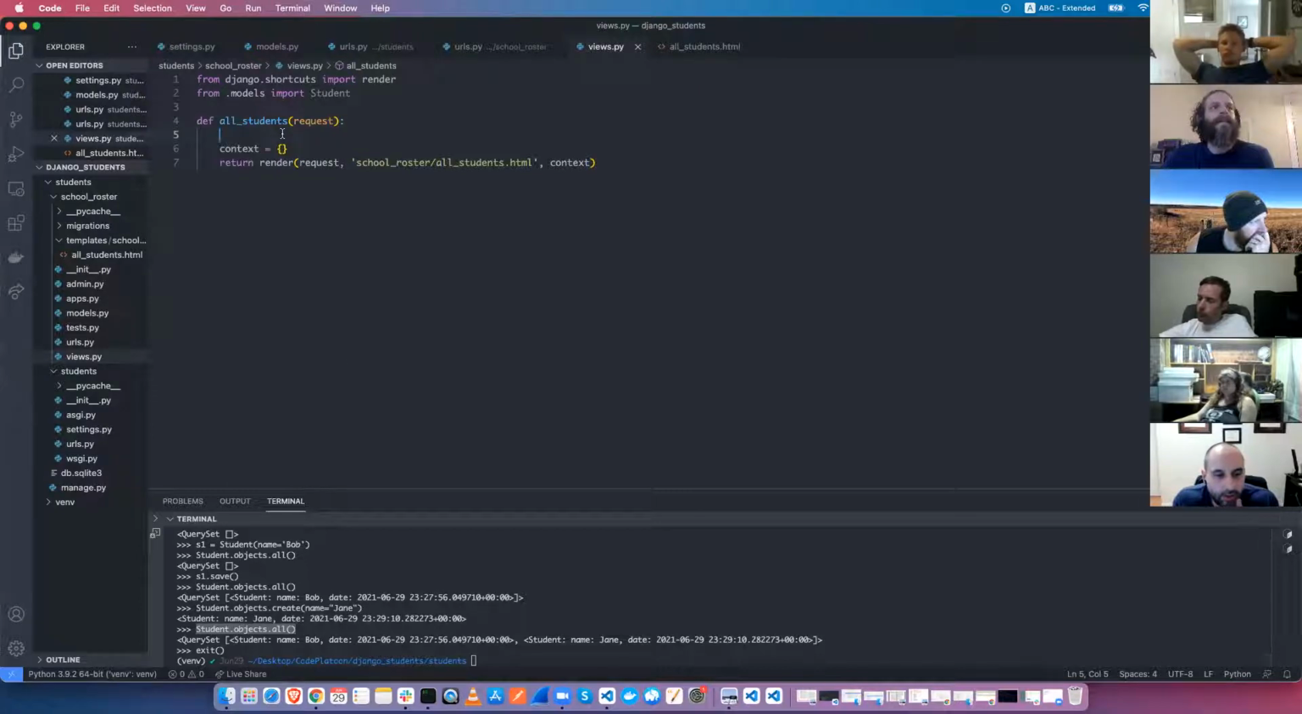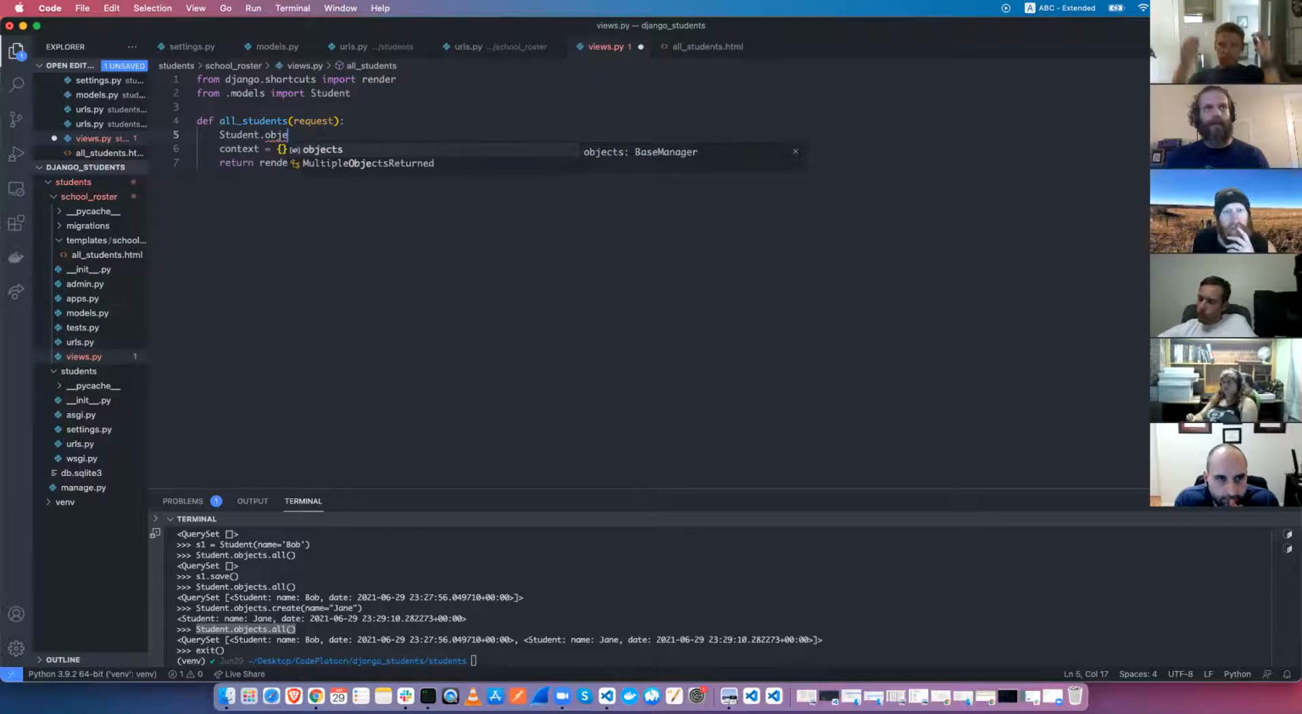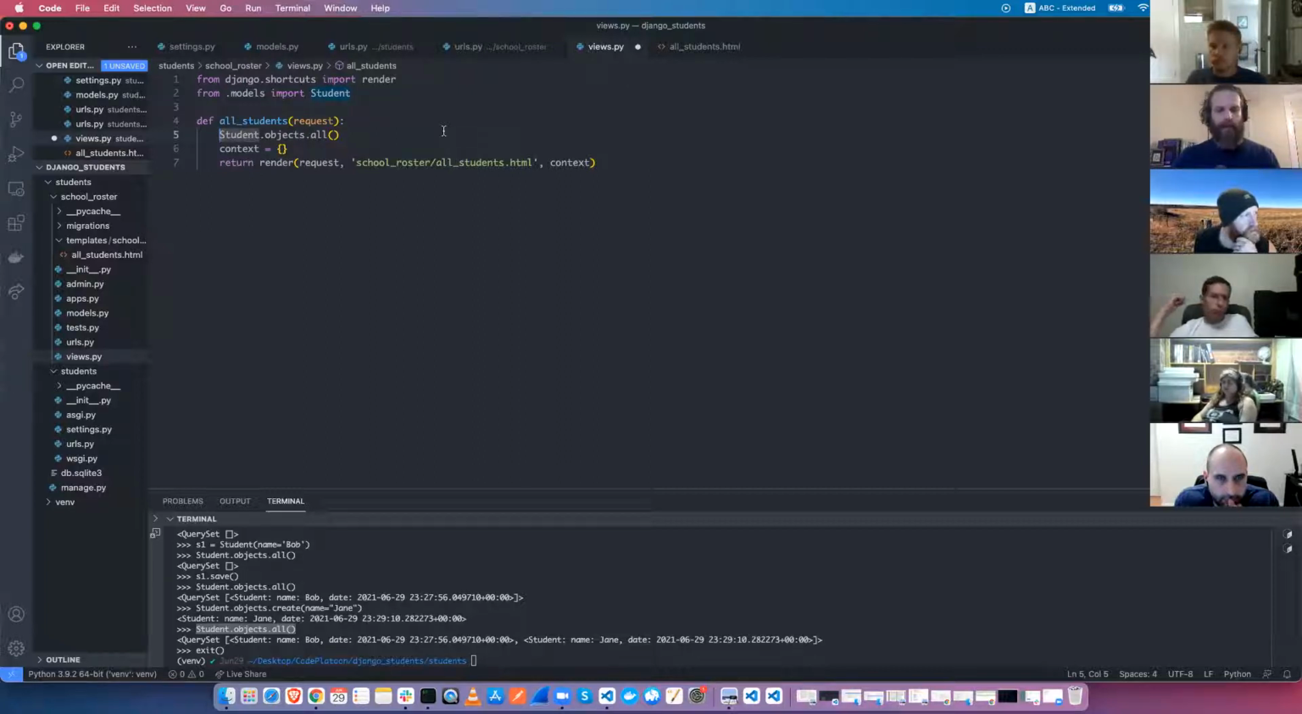Just student.objects.all. So student.objects.all, and that's going to return a query set, which will basically be an array. I'm going to assign that return value to this variable students. And then once I have the information that I need,